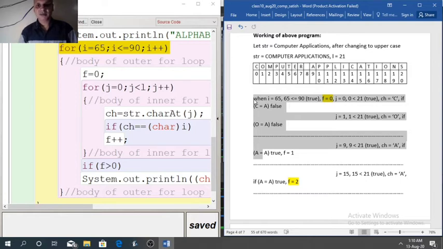Now f will increment, so f will become 1. It means first a we have got at index number 9. In the same way, when j is 15, at 15 index also we will get a, so a will increment once more, so 2 times a is incremented.